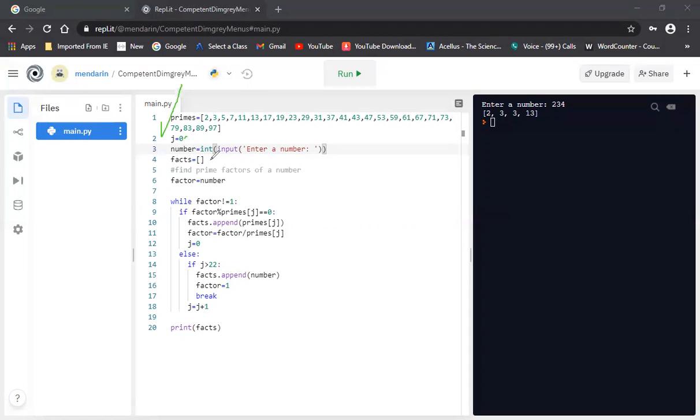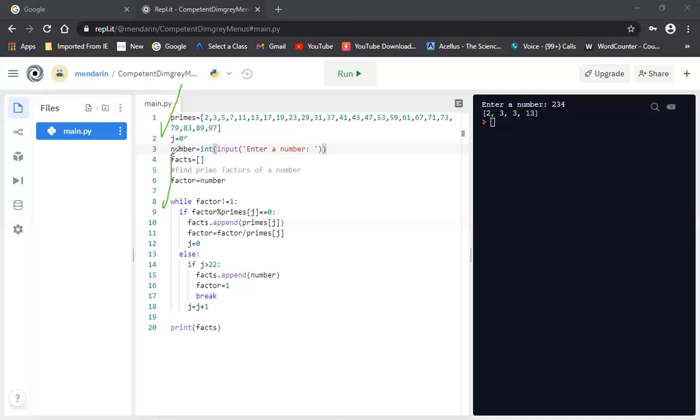The very first factor that we know to be true is the number itself. Every number has a factor of itself and 1. So as long as the factor is not 1, we're going to loop through this. That's what line 8 says: I'm going to keep on going and reducing down to its prime factors until I can't go anymore. So, while factor is not equal to 1,